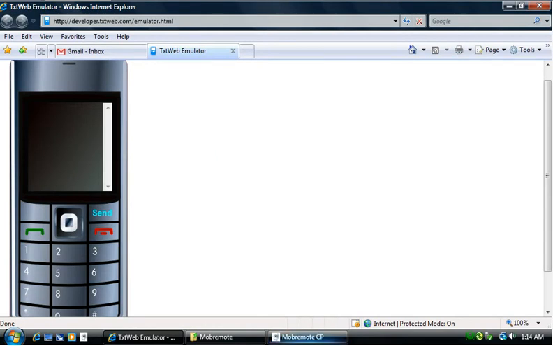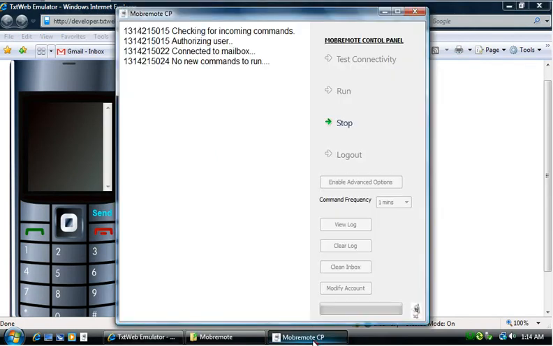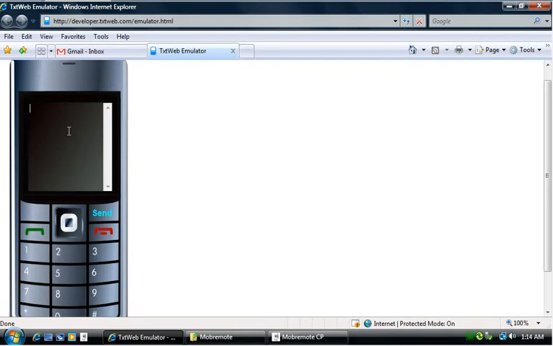I'm going to demonstrate to you how to actually execute commands. Suppose this is your cell phone. This is an emulator actually. If you understand, it emulates the function of a cell phone. So to execute a command, I type in my syntax for mob remote, that is @mobremote -k, which stands for key.